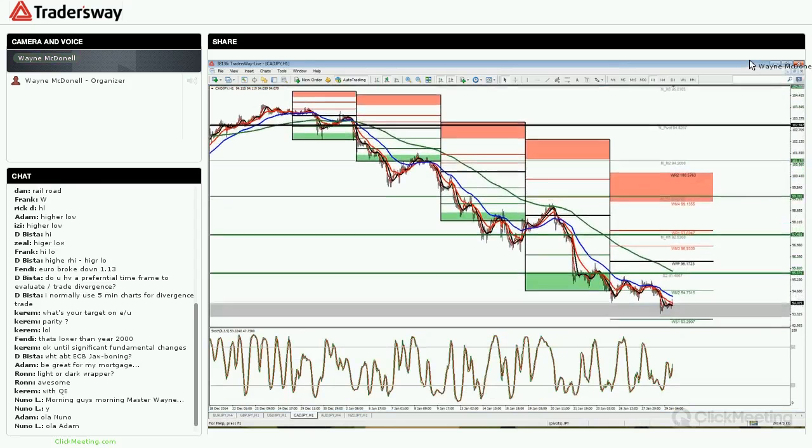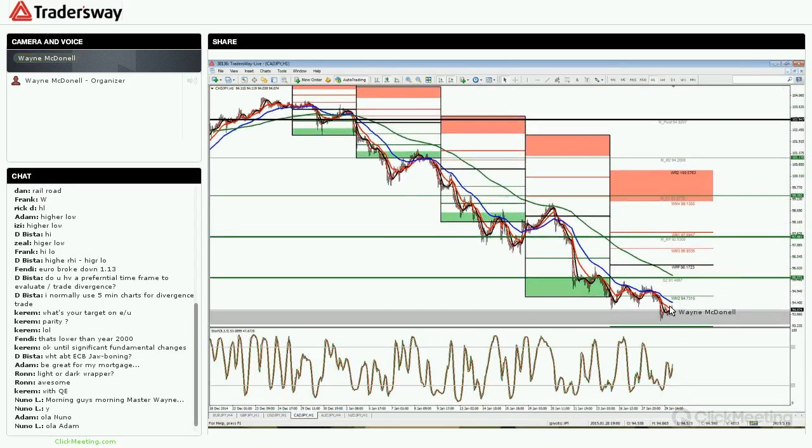Wouldn't it be interesting if we got a 2155 crossover? Which would mean the MACD crosses above the waterline, as you know from our MACD lesson. Wouldn't that be interesting here? Now, even though CAD is really weak today,